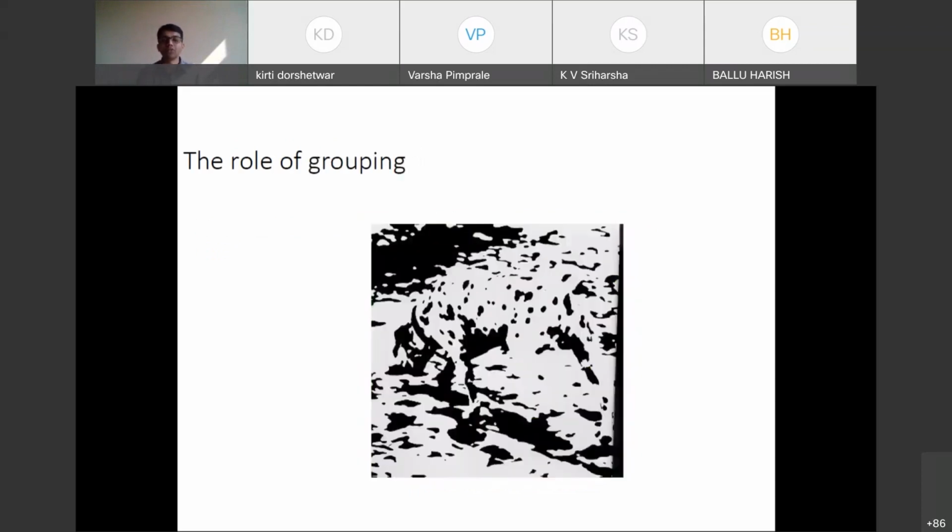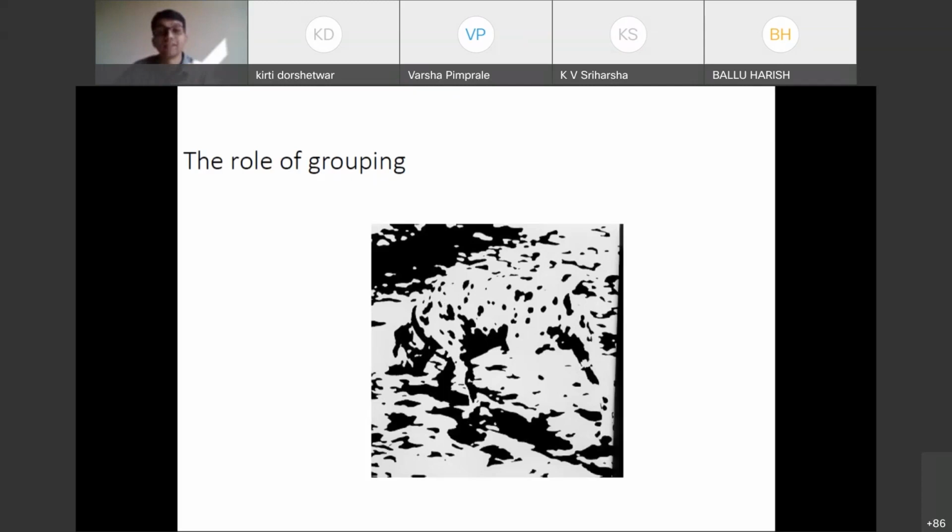Now, the role of grouping. Can you identify this? It's a dog. Yes. How are we able to do it? We have grouped multiple blocks. See, the face is there at the left side, legs are there, and we are able to fill those gaps